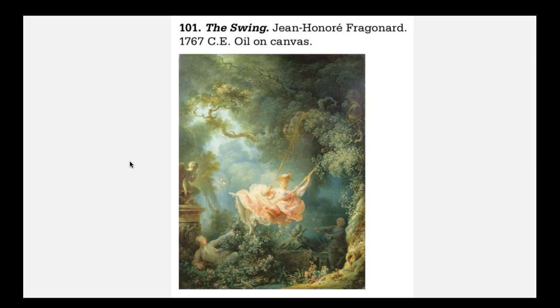And this move towards art being marketed to the wealthy spreads to France, because in France, after the death of Louis XIV, the French court moves out of Versailles. The court moves back to Paris. So all these aristocrats are not being forced to live in Versailles out with the king. They can move back to Paris.